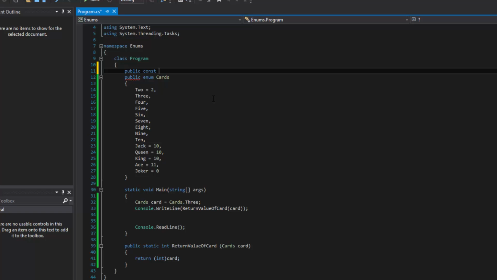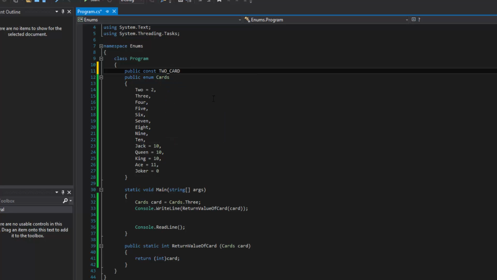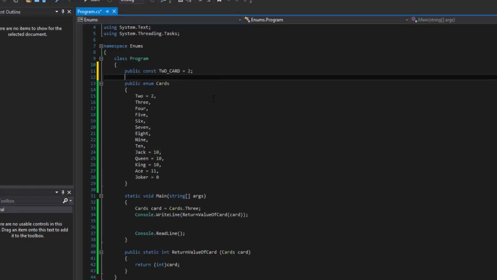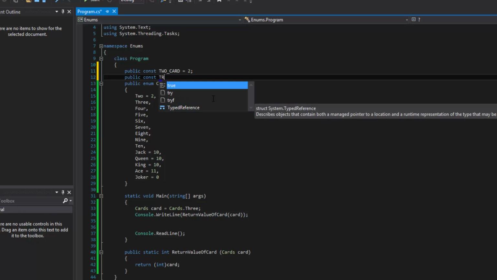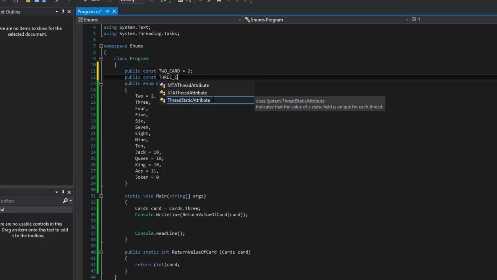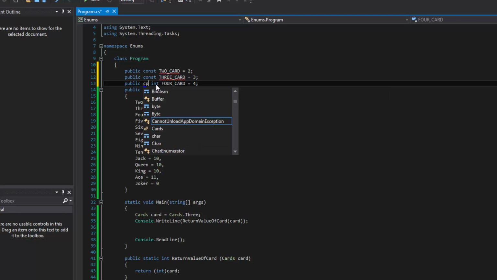Then you can do public const, and usually it's in caps, so you'll do something like TWO_CARD equals 2, and then public const THREE_CARD equals 3, and of course we have to replace that with the ints. So if you notice yourself doing something like this,